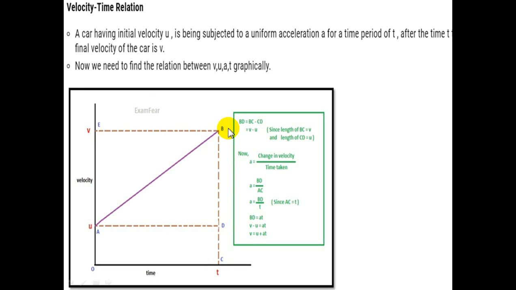Okay, and then like this, so that we can get one shape. So now BD is equal to BC minus CD. Where is BD? BD is this portion. BD is equal to BC, where is BC? BC minus CD. I'm so sorry, it's minus. So BC minus CD is equal to BD, right?